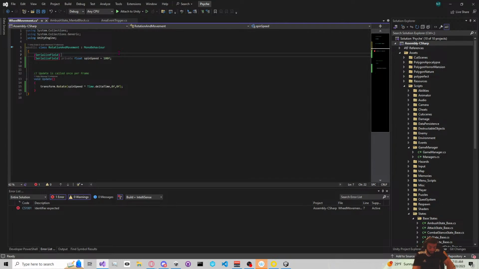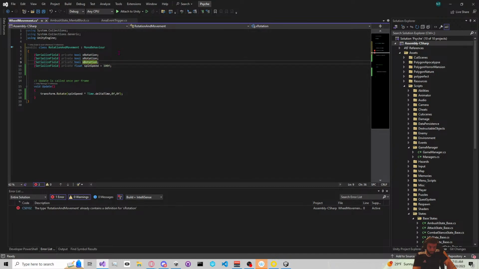Private bool. Call X rotation. Actually, we'll do it if it's not equal to 0, so we'll do